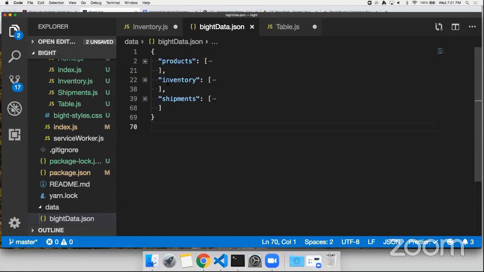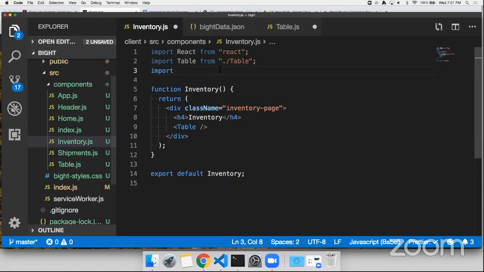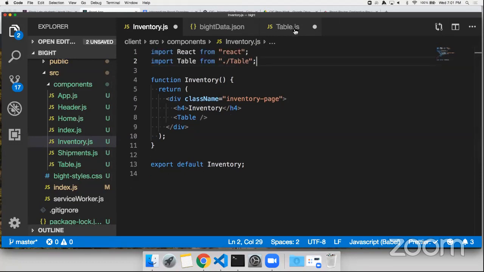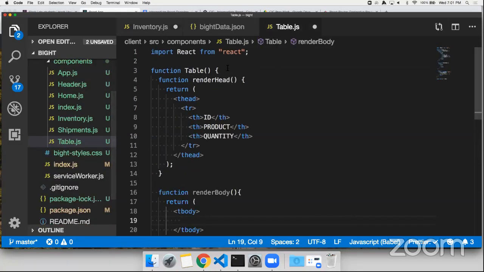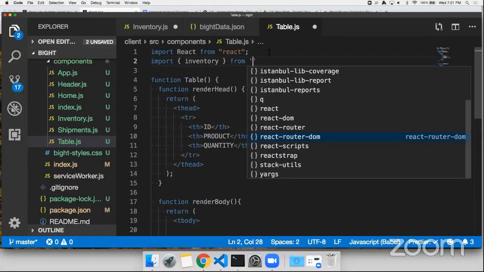At the top level, we have inventory. That's probably the one we want, right? So we're going to import the inventory portion of our JSON data from